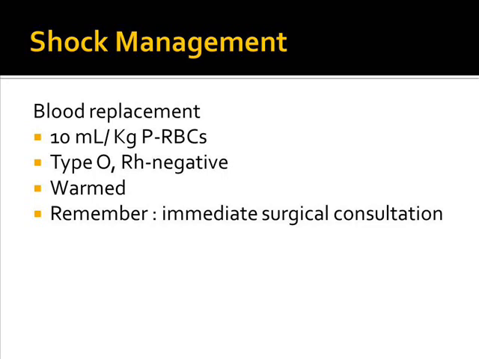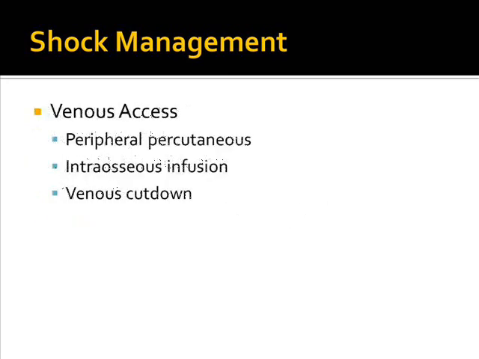Shock management. The blood replacement usually is 10 mls per kg of packed red blood cells. That's type specific blood, or type O rhesus negative blood if we do not have type specific. And we need to warm the blood, and we need to consult the surgeon early, because such a patient will